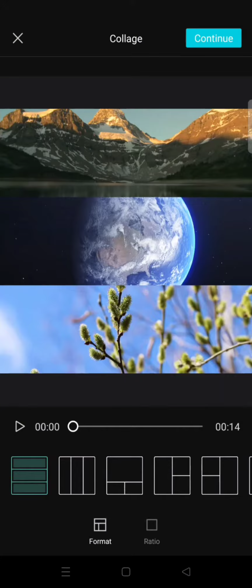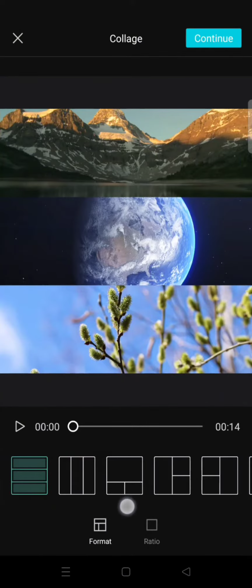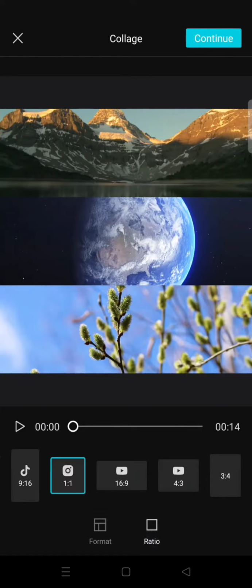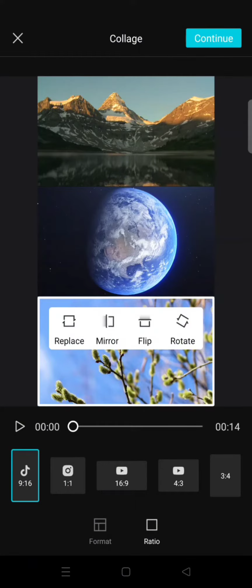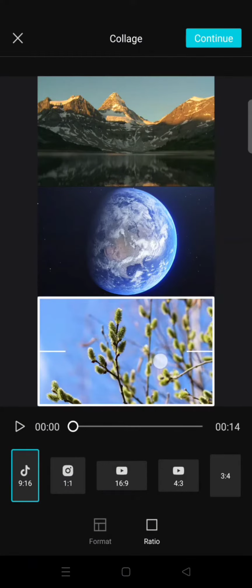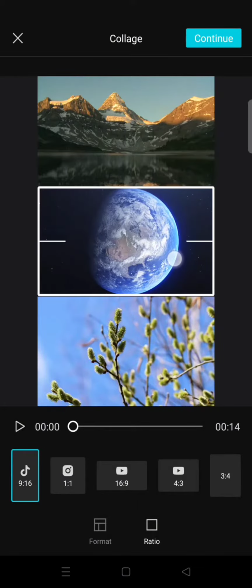You can change the format and ratio. I'm going to just choose the horizontal format like this, but I'm going to change the ratio into 9:16. You can also adjust the position of the clip. You can drag it to the left or right, up and down, or you can just leave it as is. When you're done, just click on continue at the top right corner,